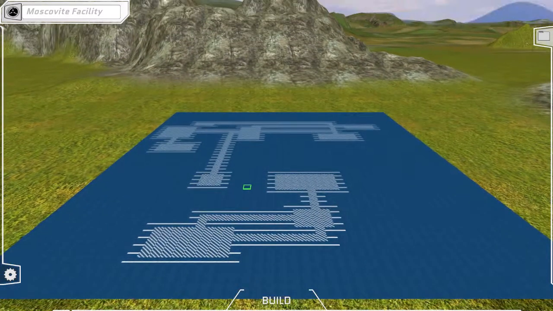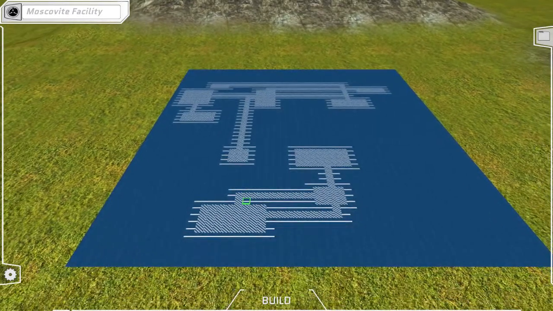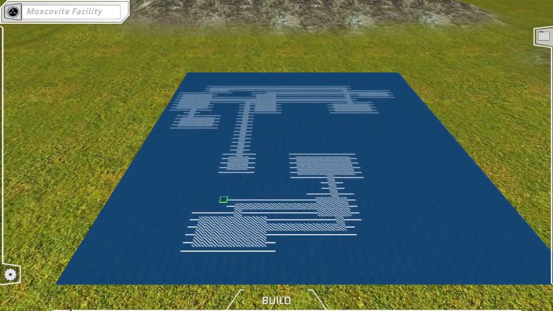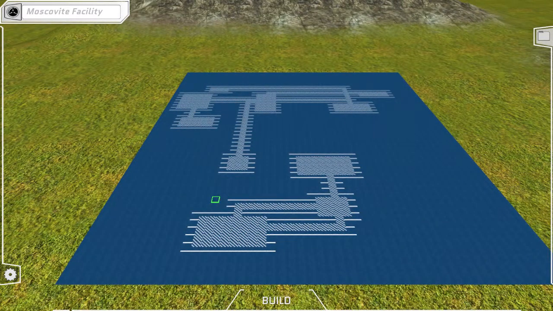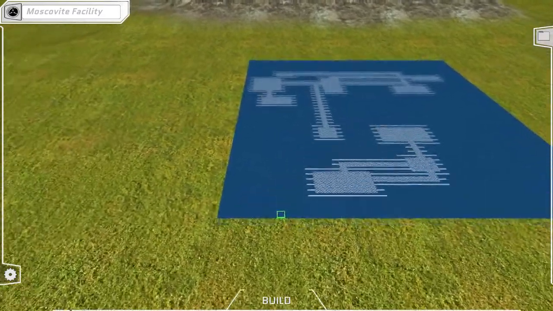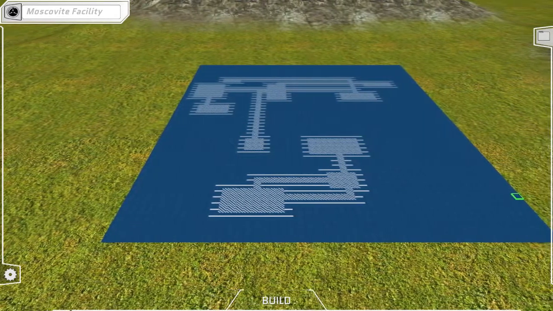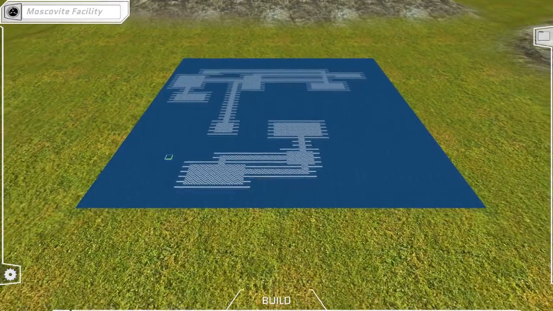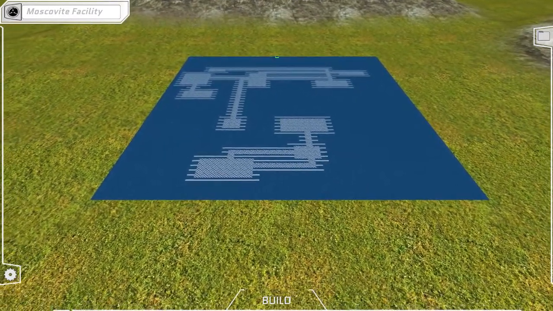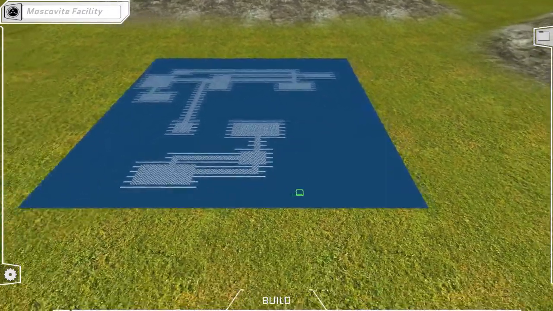But I can scroll in and out with the scroll wheel. I can also use Q and E to rotate around. So a few different things I can do there with the camera. And it's pretty smooth. If I get to the edge of the screen, it'll move, and I'll probably adjust the speeds at which it'll do that as well. Right now it's pretty slow to drag and everything,